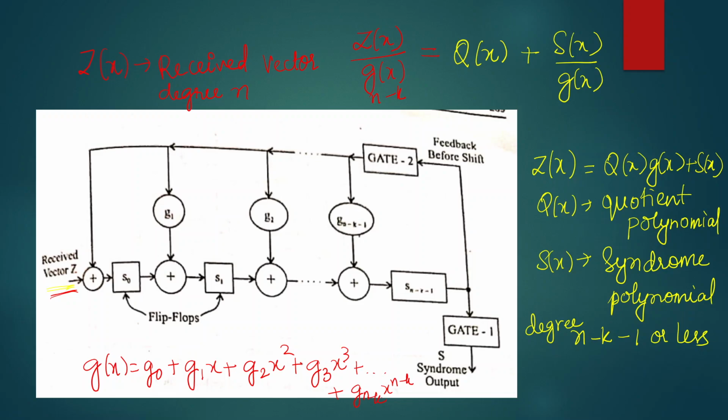Depending on the coefficients g0, g1, g2, we are going to connect to that particular modulo 2 adder and therefore it will come into effect. Let us suppose if one of the coefficients is equal to 0, then this line will not exist, which means the modulo 2 adder will not be effective. It is just like short circuiting the previous flip-flop to the next flip-flop. So that's the idea behind construction of the syndrome circuit.